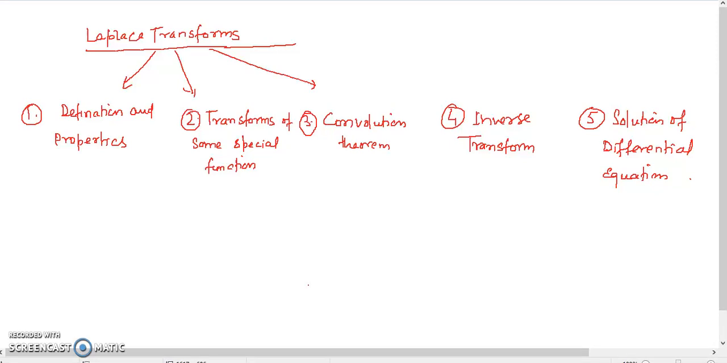Hello everyone, and in this series of lectures we'll discuss the important topic, module 5 of the V2 syllabus, and that is Laplace transformation. So in this series we'll discuss the definitions and properties based problems